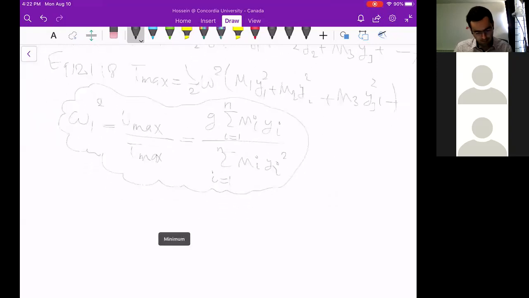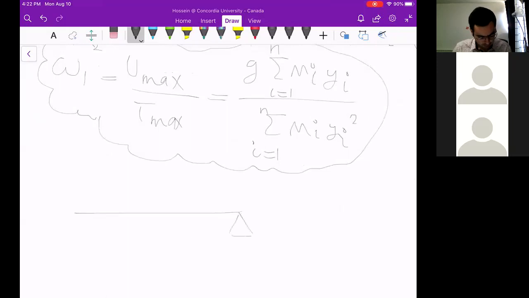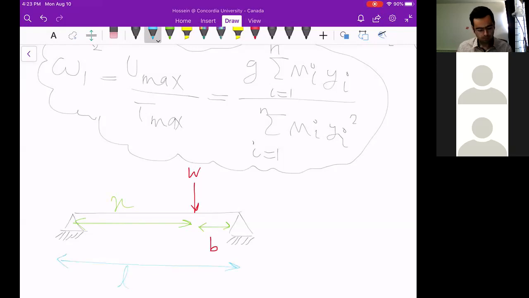So if we have basically a system like this mounted on two constraints, and suppose there is a point load W, consider these lengths as X, these lengths as basically B, and the whole length of the beam is L. And if you want to calculate the deflection at any point like X, this point, or this point, or this point,